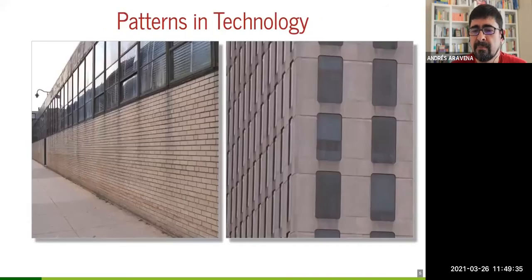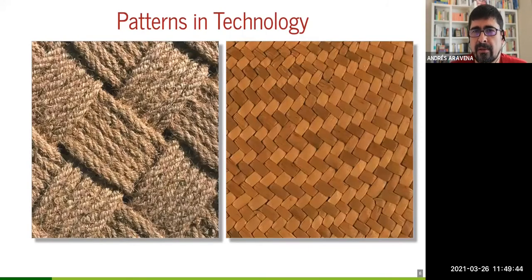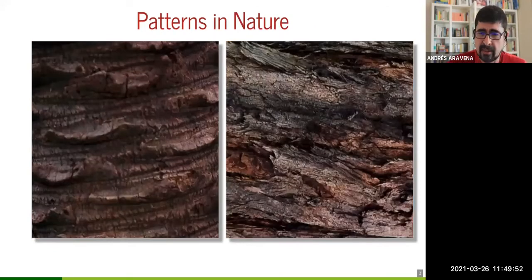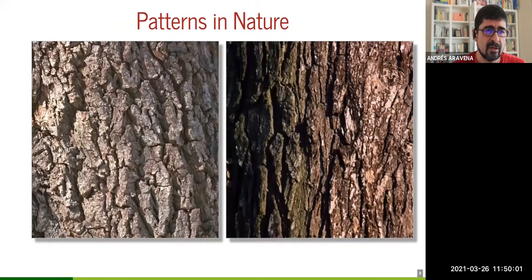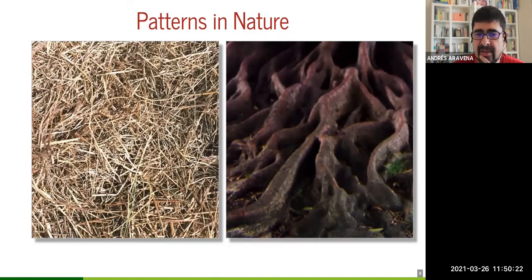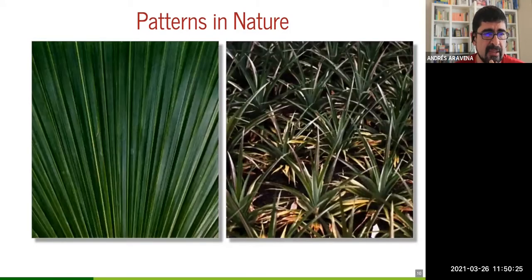So you find patterns, for example, in the things that we build. Obviously they follow a pattern, no? Houses are following a pattern, okay? But we also have patterns in nature, and we want to describe them. For example, here you have different trees. They are not identical, but they follow the same pattern, no? Like here, they have kind of vertical lines, not identical, but following the same pattern. And we would like to understand them and describe them. We have a different kind of pattern that go more and more complex, but they follow.